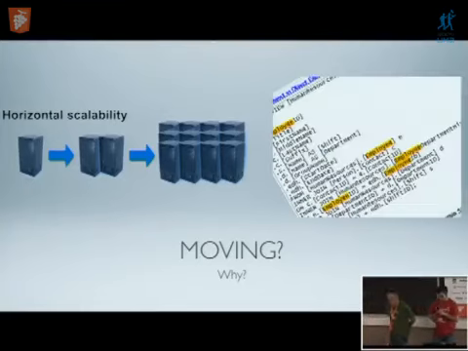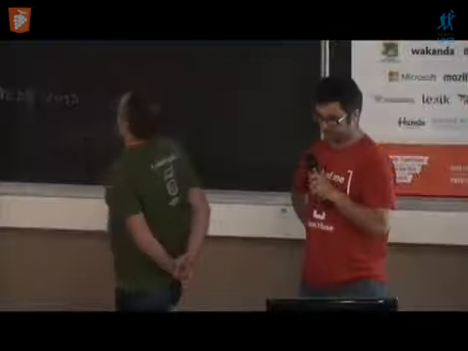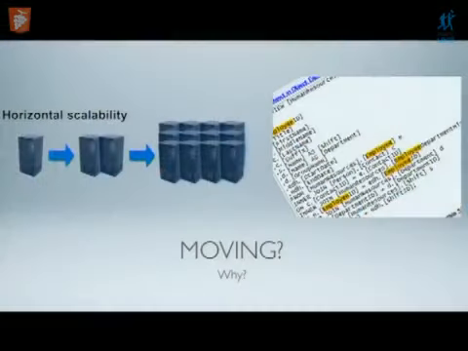Also, about searching: with the SQL world, you cannot offer full text search for your users. You are also limited to a small set of fields. You cannot search on every field, so it's really painful. Also, you cannot have fuzzy queries.